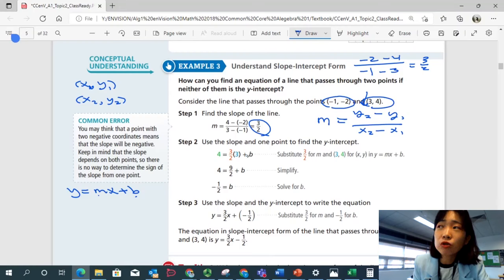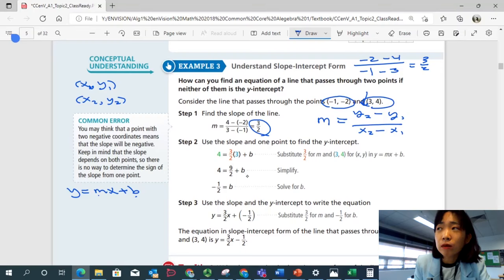Because it must be true for this point if this point is on the line. And if you find that b that makes this true, that should be true for other points as well. If you're not sure, you can also check with other points. Okay, so make sure you put 3 in place of x, 4 in place of y, and then you can